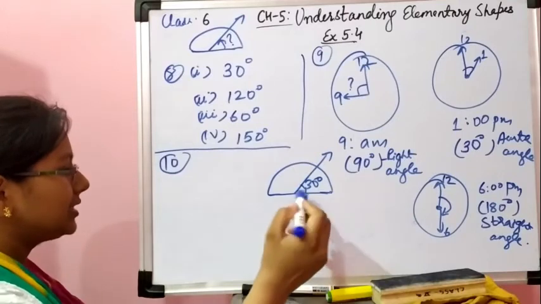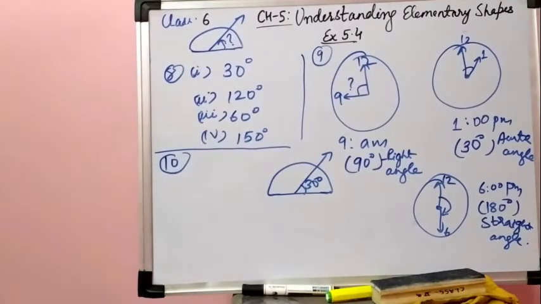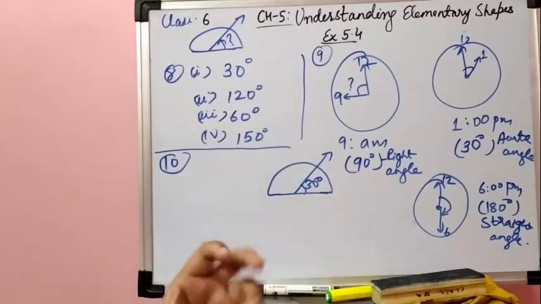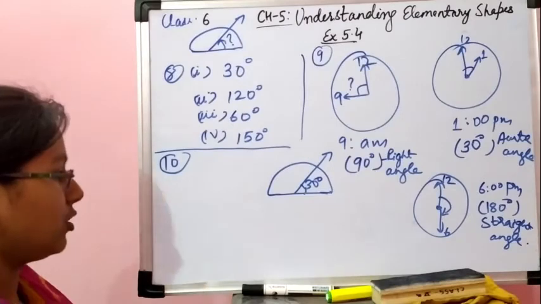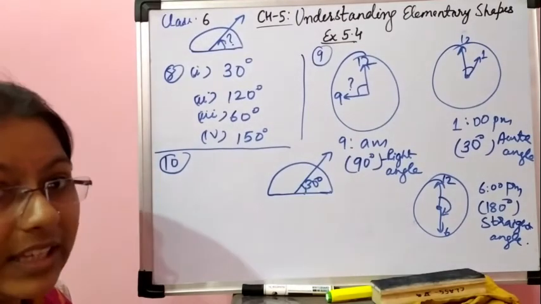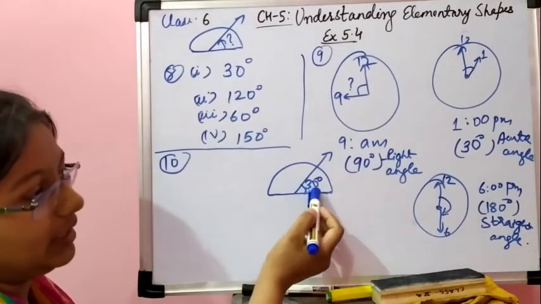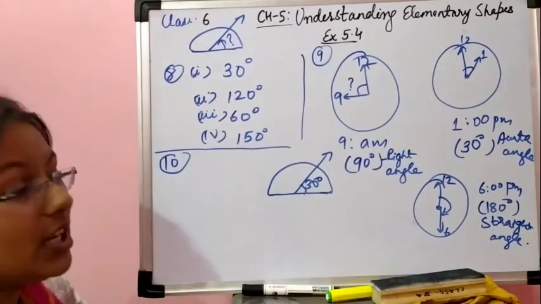Look at the same figure through a magnifying glass. Now what do we have to do? We have to look at the same angle by using a magnifying glass, which is sometimes available in your geometry box also. Does the angle become larger? Does the angle become bigger when seen through the magnifying glass? Does the size of the angle change?